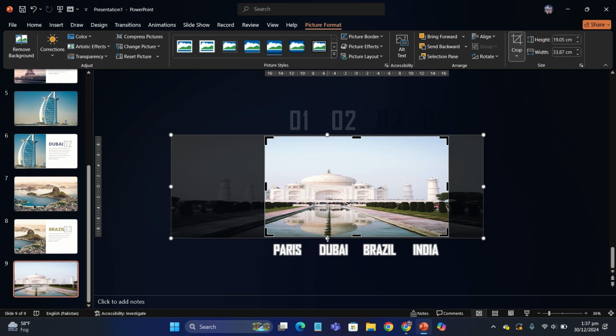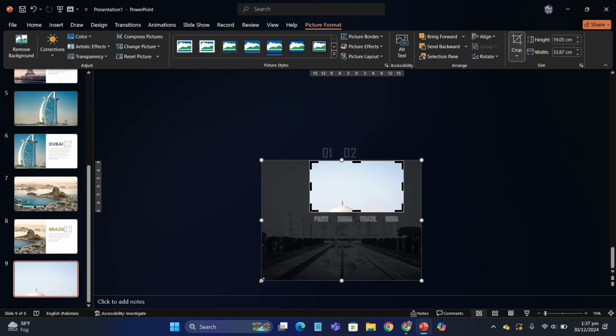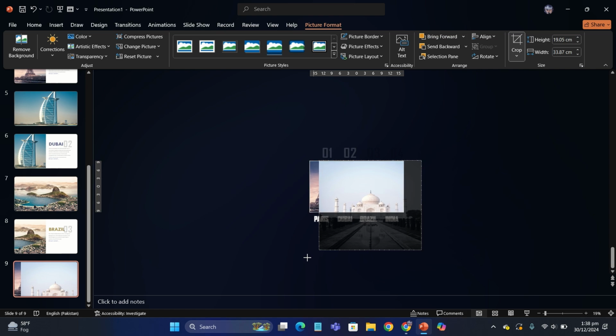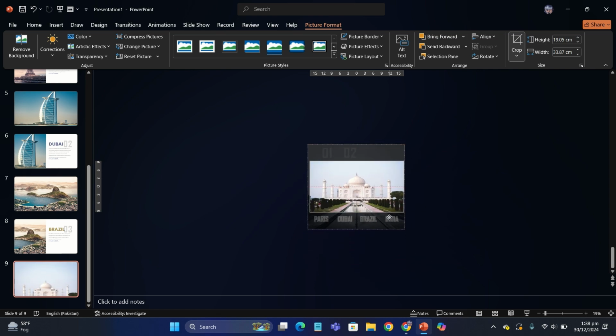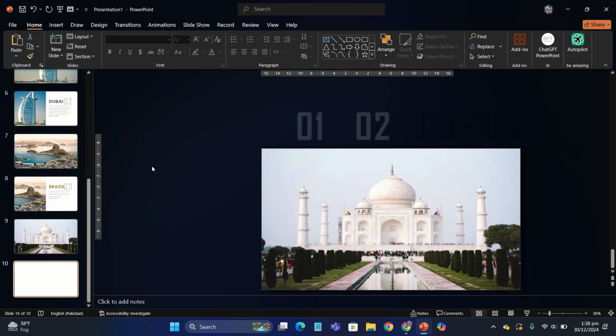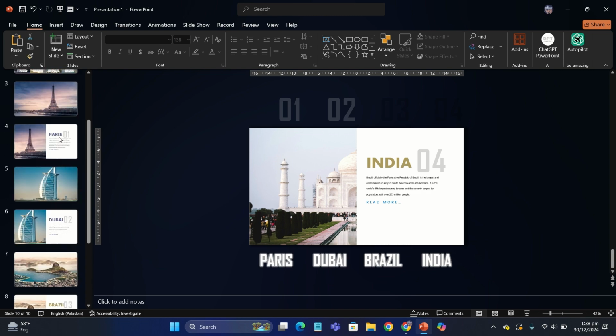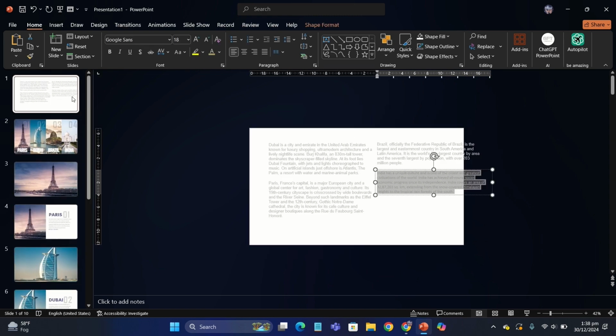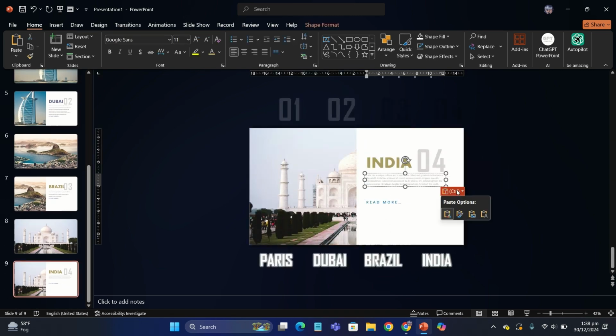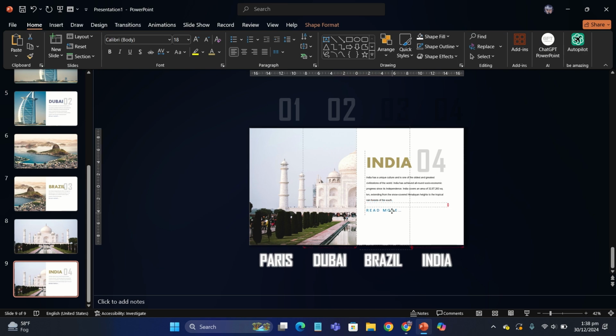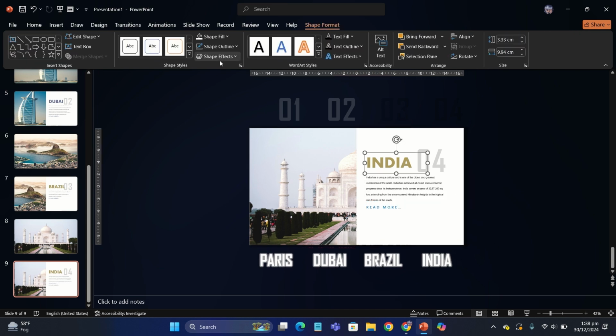Now what you have to do is just insert the same image. You're gonna crop it and then you're gonna adjust its size, something like this. Now duplicate it and paste your rectangle on it again. Customize your text, change its color, and paste your content text on this slide again. And here you go. So this slide is all complete,